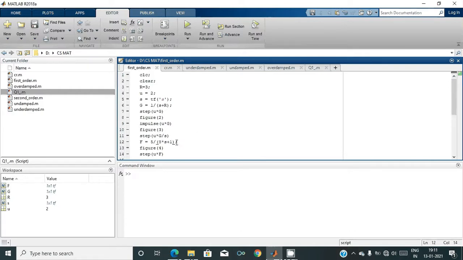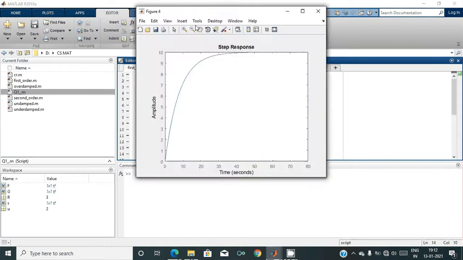That's all. And this is another way of initializing the transfer function without the pole-zero format. In this, I have mentioned the DC gain, which is 5, and the time constant, I guess. Yeah, time constant 8. 8 is the time constant, and 5 is the DC gain. And it will print another graph, step of u into f. So let's run it. It should return 4 graphs accordingly.